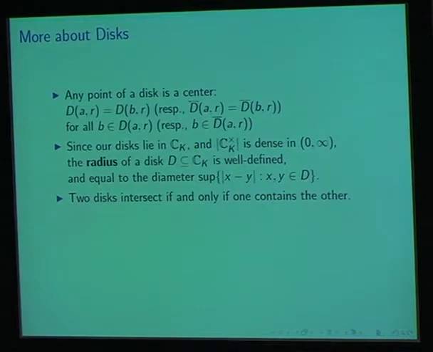So let me just point. Well, maybe I'll prove this. If you believe what I've just said, that any point of a disk is a center, it follows the 2 disks intersect if and only if one contains the other. Because the picture you have, if you work over the complex plane,